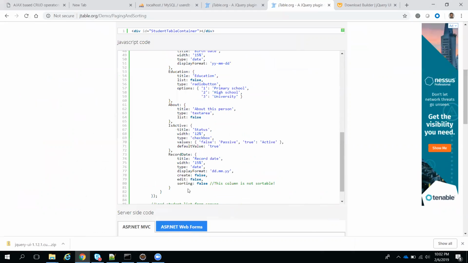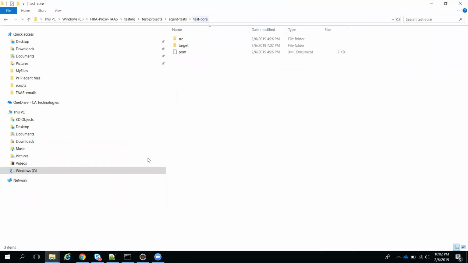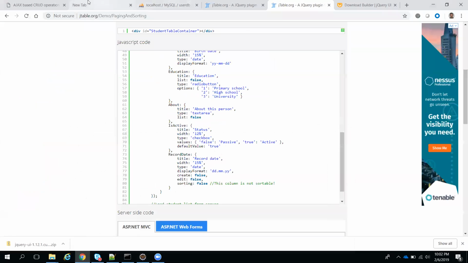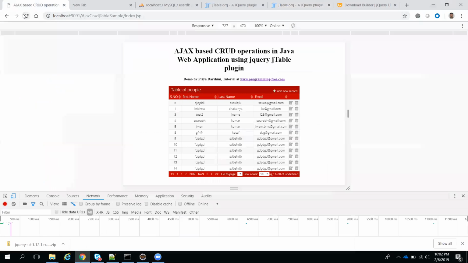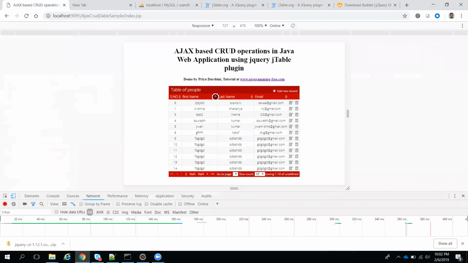Sorting false: if you don't want to show sorting, we can make it sorting false. So now we'll refresh and see if sorting is coming. At least we need to see the sorting. The sorting options will come, right?